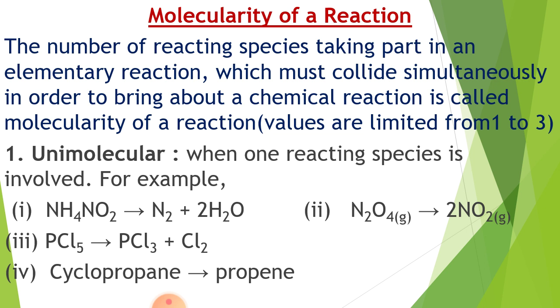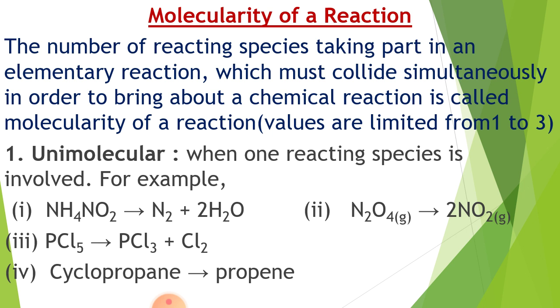So on the basis of colliding particles, the molecularity of a reaction may be unimolecular, bimolecular or trimolecular. Here some examples are given. The first, unimolecular, is when one reacting species is involved. For example, ammonium nitrite when heated produces N2 gas,